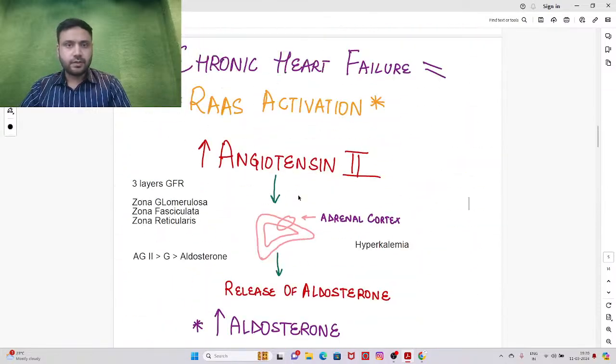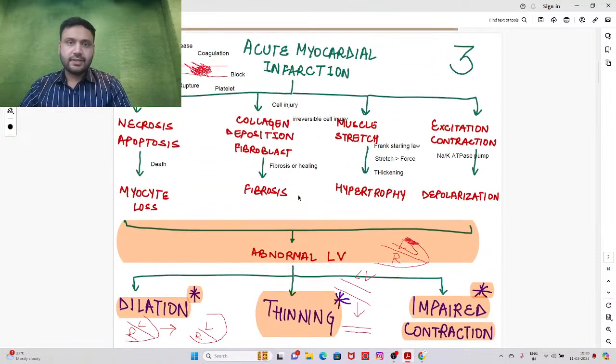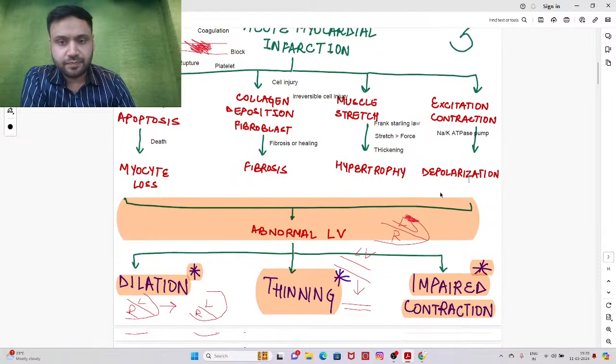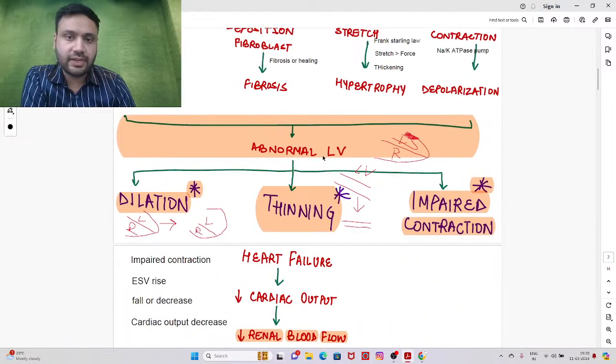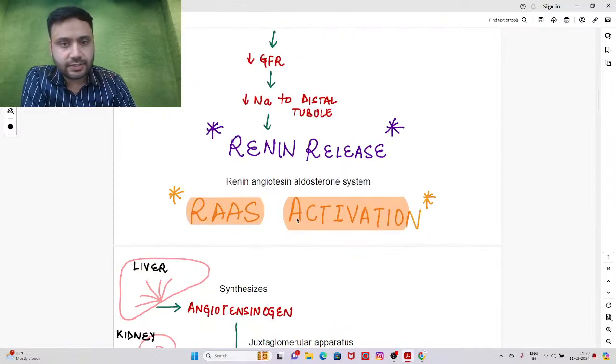So let's start from the first slide. The first slide said that patients who underwent acute myocardial infarction had myocyte loss, fibrosis, hypertrophy, and permanent depolarization in the left ventricular cells, which leads to abnormal LV. This led to LV dilation, LV thinning, and impaired contraction. And this started a vicious cycle of RAAS activation,